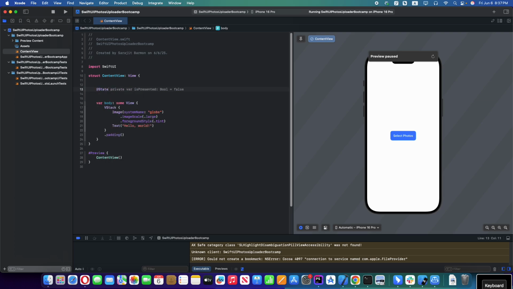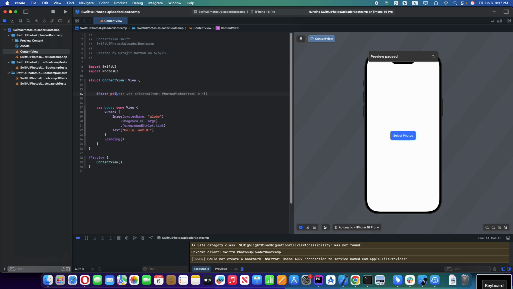So let's import first. Import PhotosUI, and here a state private var, and another state private var for image, and it should be UIImage. Okay, and now let's remove this text,